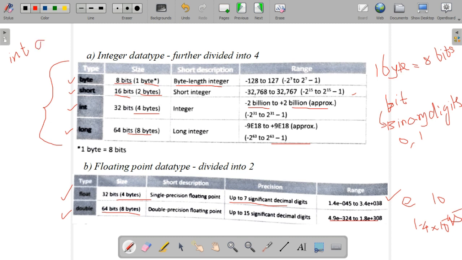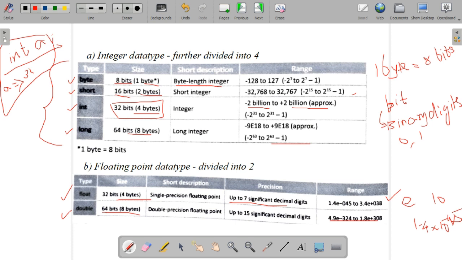These are the sizes. When we declare an integer value, how many bits will it occupy in the memory? For example, integer a. We are declaring integer a. That means in the memory, a is the variable and it has the data type integer. So integer indicates how many bytes? 4 bytes, that is 32 bits. So it automatically occupies 32 bits for this integer a. According to the size of the data type, it will occupy space in the memory.